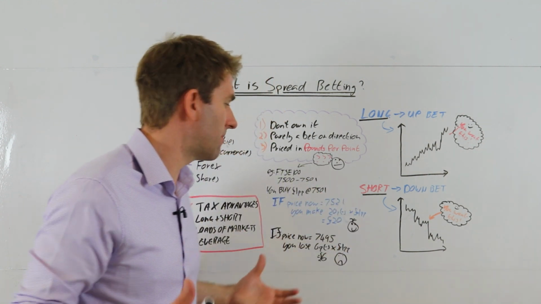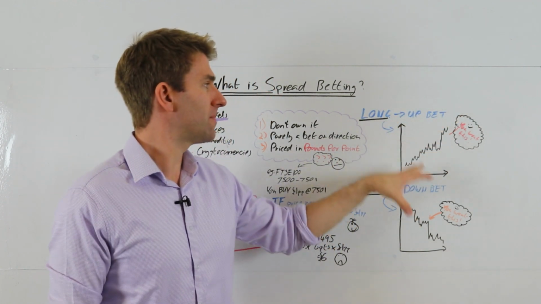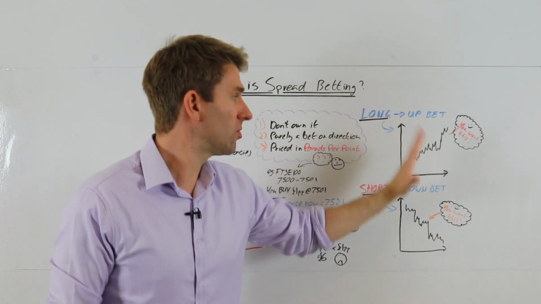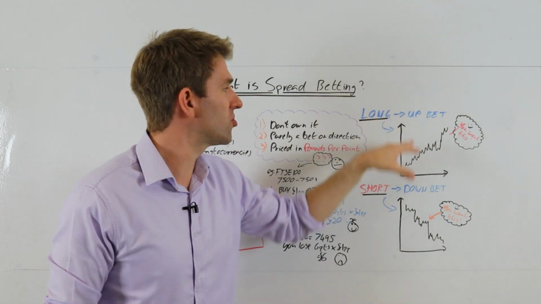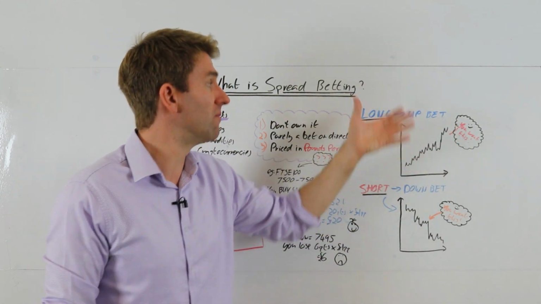Your stake. So very simple once you kind of understand what's going on. So let's just talk through these bets, guys. A long is an up bet, so you want the price to go higher. It's just trading terminology. Going long means you want the price to go higher. You place an up bet, you've bought.